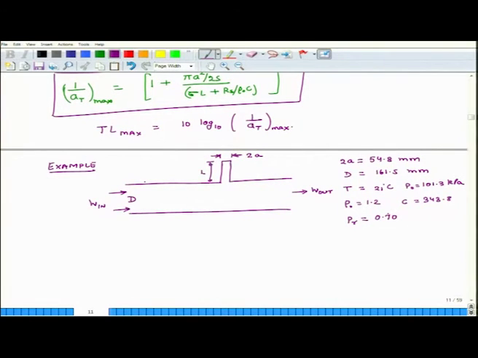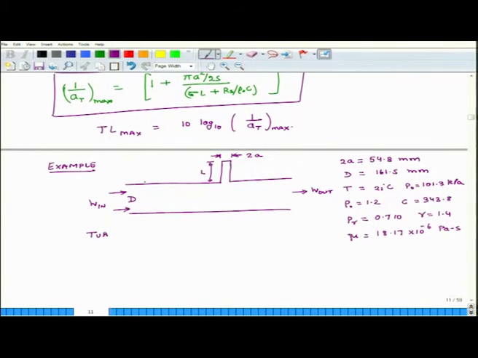We are also told that the Prandtl number for the gas which is flowing in is 0.71. Gamma is 1.4, which is the ratio of Cp and Cv, and the viscosity of air is 18.17 times 10 to the power of minus 6 pascal seconds. So, all these data are given, okay.